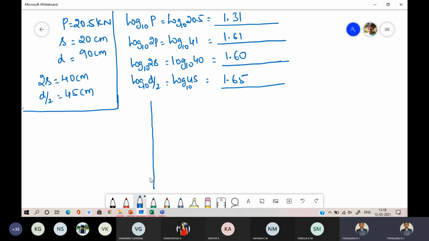Now we will go for the graphs. So for ESWL and pavement thickness, we will consider 1. So we will go for 1.6, right? So 0.4, 0.8, 1.2, 1.6. Directly we will reduce the scale. So 1.5, 1.55, 1.60, 1.65.